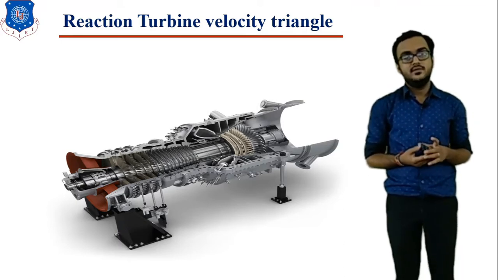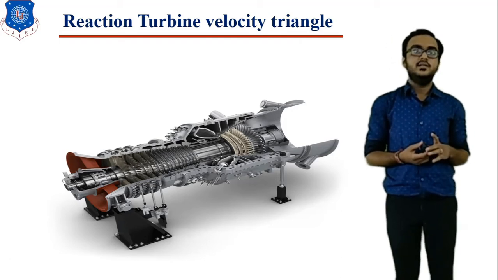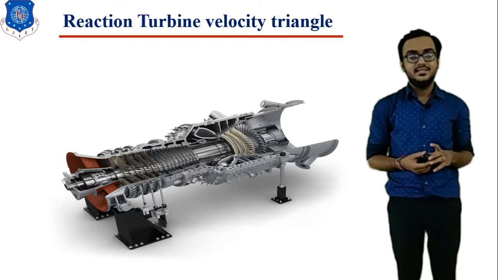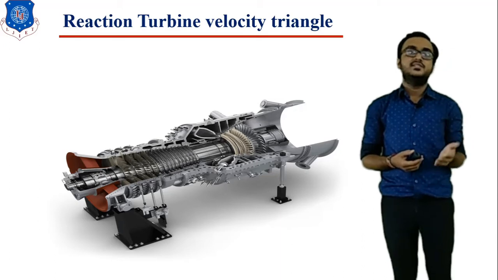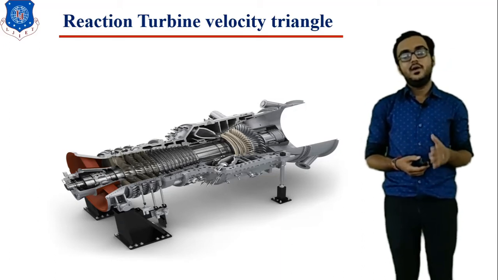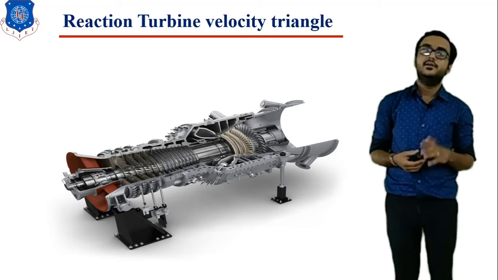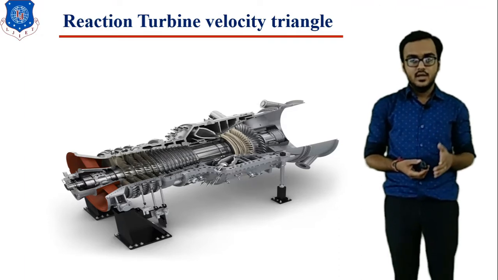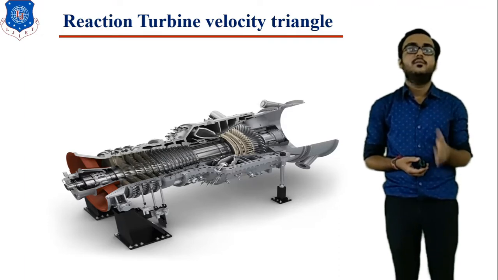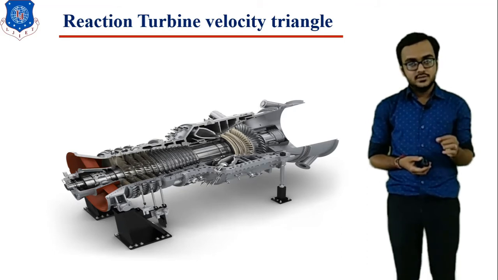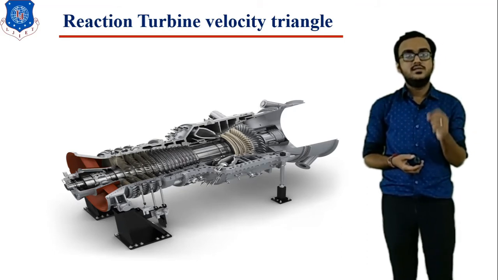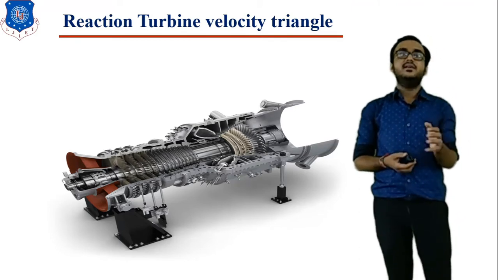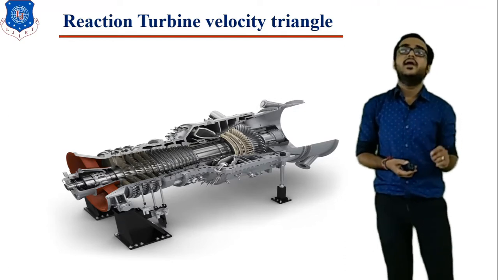In our previous session, we classified the turbine, and during the classification we saw one category related to the operating principle. According to the principle of operation, the turbine is classified into two categories mainly: impulse turbine and reaction turbine. Impulse turbine means the type of turbine in which the pressure drop takes place only in the nozzle and the available energy of steam at the inlet of the blade is pure kinetic energy.